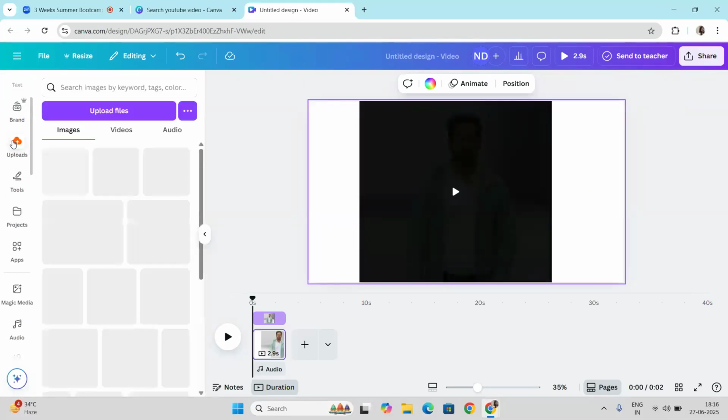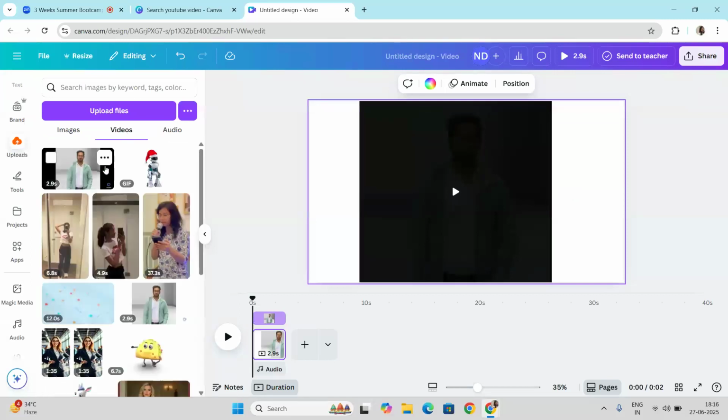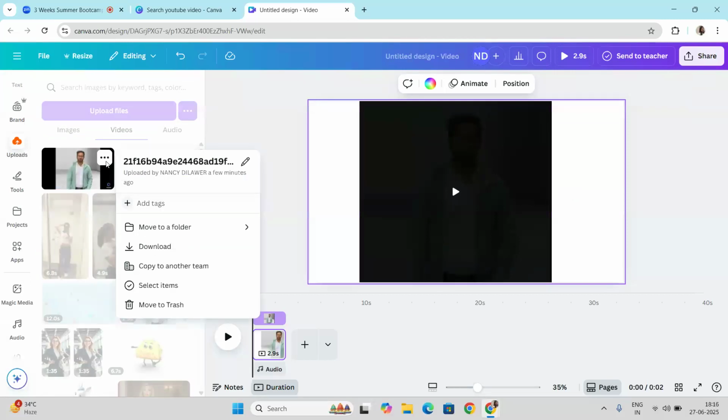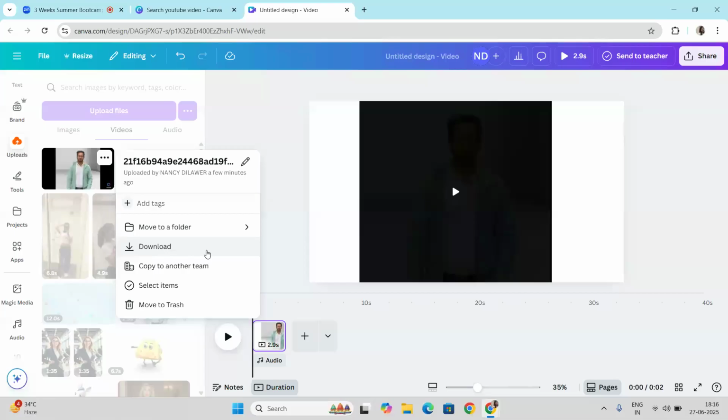Or you can see under the upload section your video will be there. I guess from here you can see, yes, yes. Is it available? It is available actually. Once you come on the upload section where it will be uploaded, you have to just come to this three dot and you will be able to see this download option. So you don't need to take it on the page and from the share button. You can use it as it is. It's given.